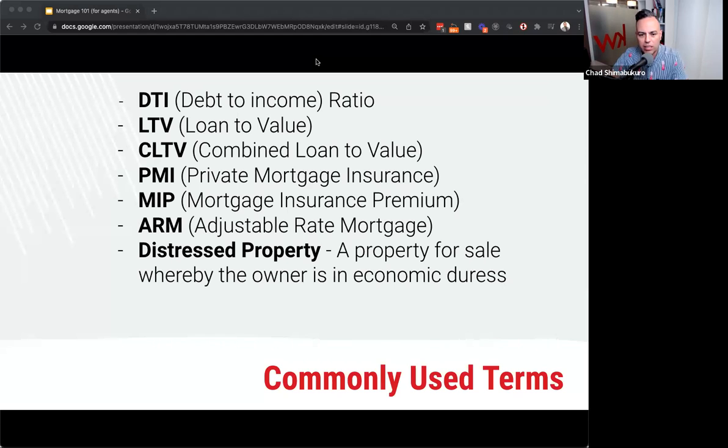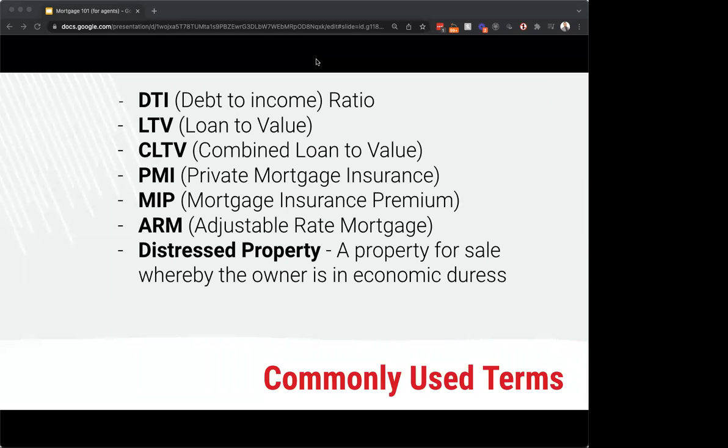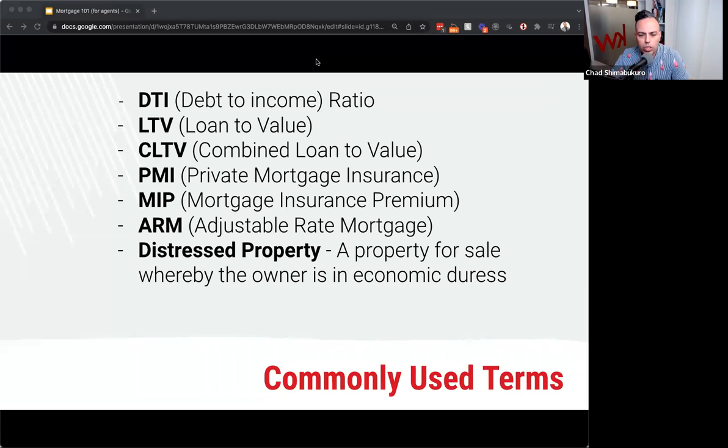So for instance, let's say that someone's just kind of out of money and they're putting in every last resource and dollar that they have, and they're at 81% or 82%. You're going to have PMI, but it's not going to be as high as if it were 85% or 87%. The higher that goes up, the more PMI the buyer will have to pay. So private mortgage insurance is sometimes a necessity, but there are ways to try to avoid it.